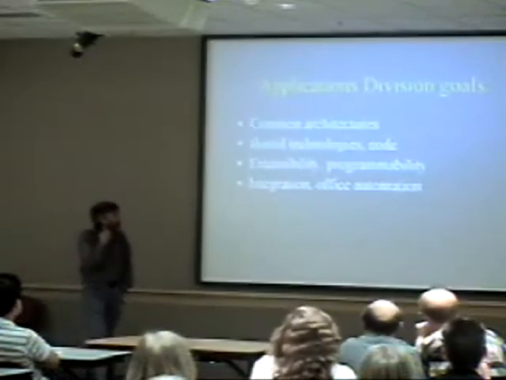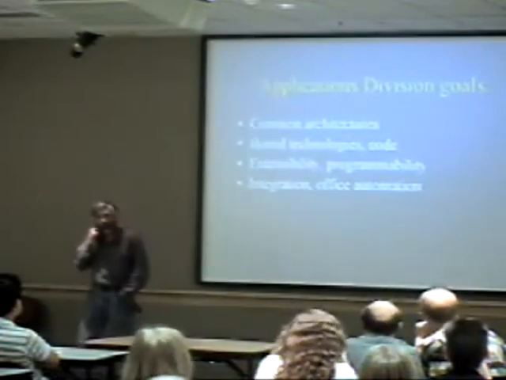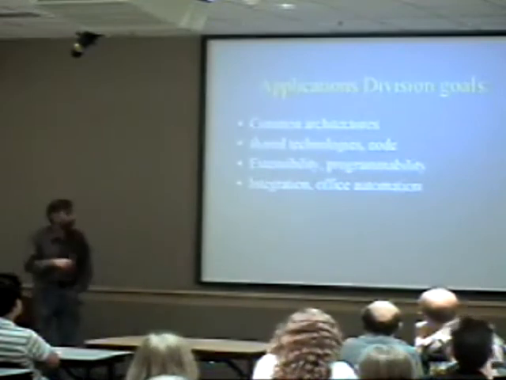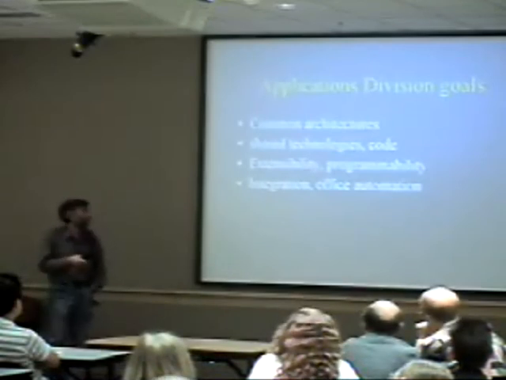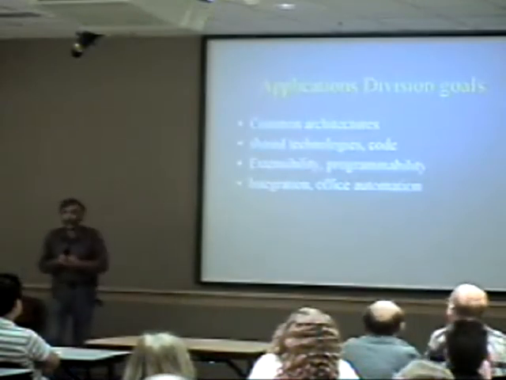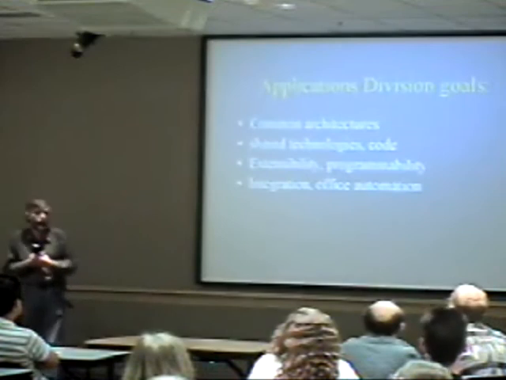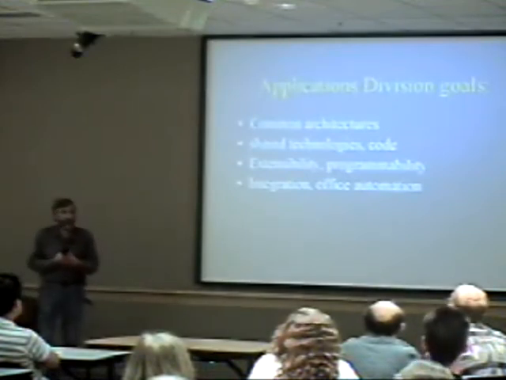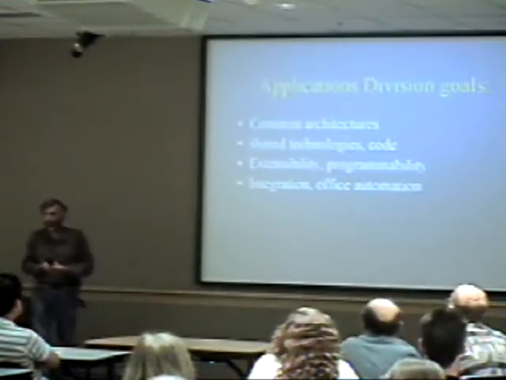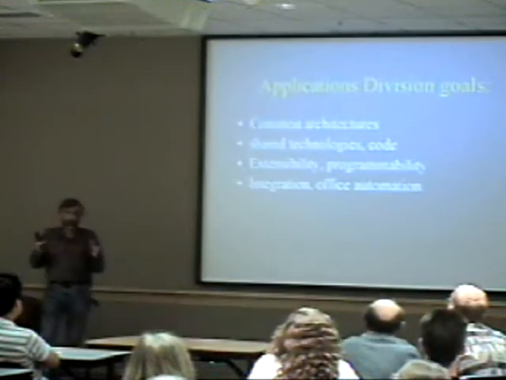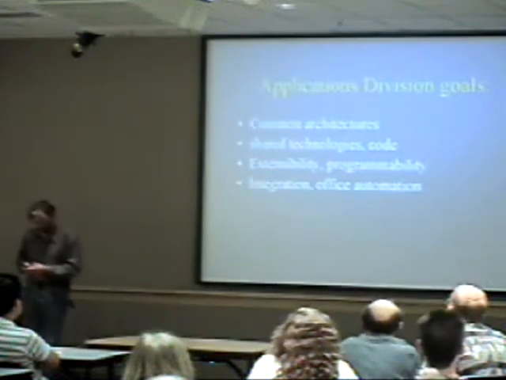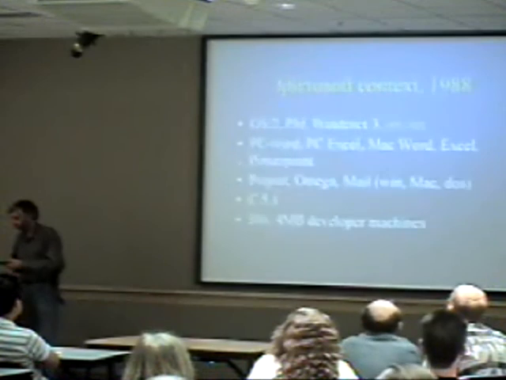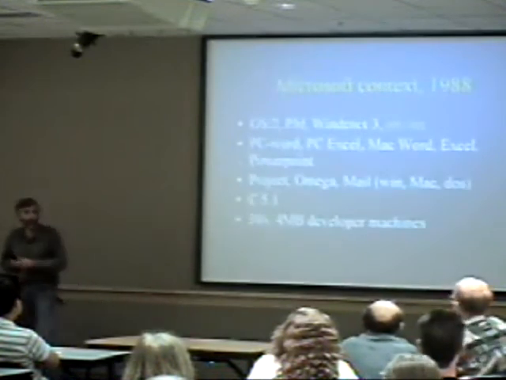And in the middle of all this, we were trying to say, what is our future set of goals for, in particular, applications? The systems group were busy trying to get PM and Windows to work, but for applications, where were we going? This set of objectives was at least what they presented to me when they were trying to hire me. We're trying to say, let's have some common architectures and shared technologies in the applications, aiming towards an integrated office automation environment, with full extensibility and customizability and so on. Of course, we were going to do it on a 386 4-megabyte machine, right?